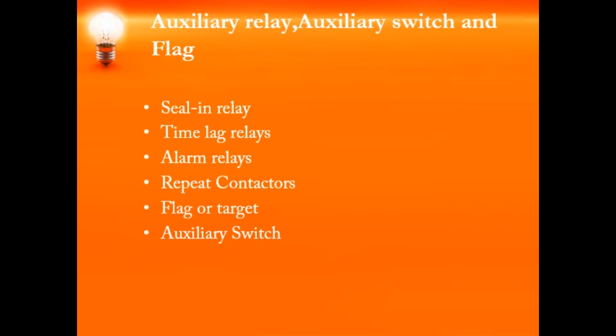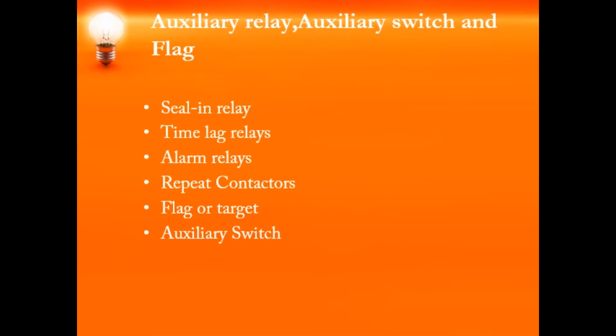A repeat contactor repeats the operation of a protective relay. It is sometimes needed because a protective relay may not have a sufficient number of contacts. It may also be required to take over the operation from the initiating relay if the contacts of the latter one are not designed for carrying current for a long period. The repeat contactors operate on the attracted armature principle. It might be connected either in series or in parallel with the relay. It contains a number of contacts which are placed in parallel.